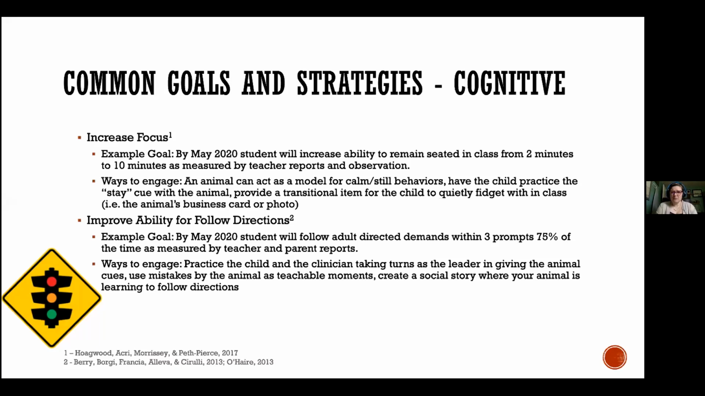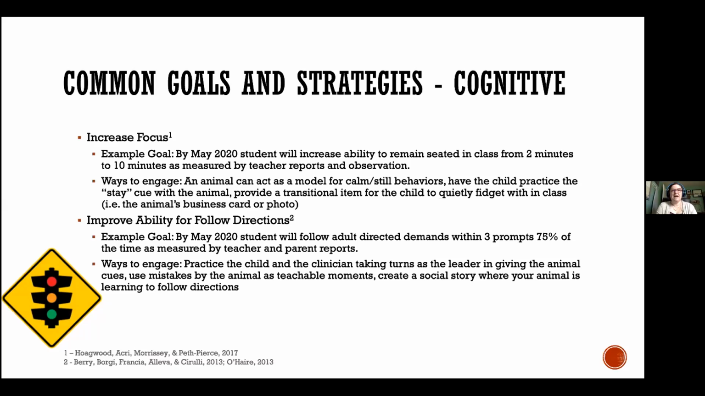But there are different ways that we can get involved in that goal. So if that's the type of goal that we see, talking about how the animal can model calm or still behaviors, and having the opportunity to talk about how long he can sit, can you turn away from the therapy animal and still have them sit for the same length of time,